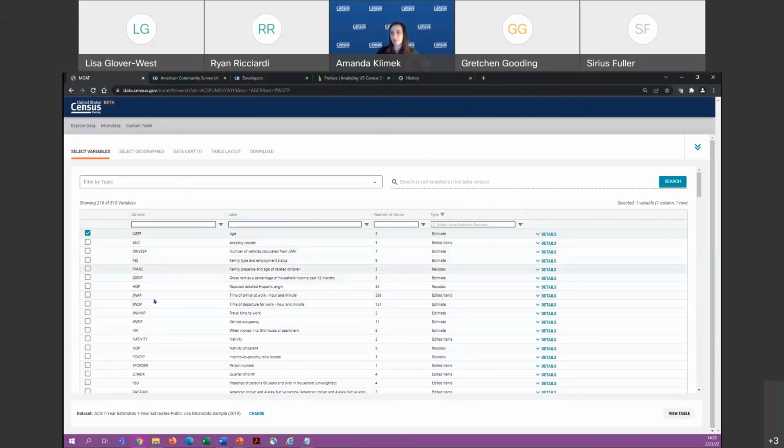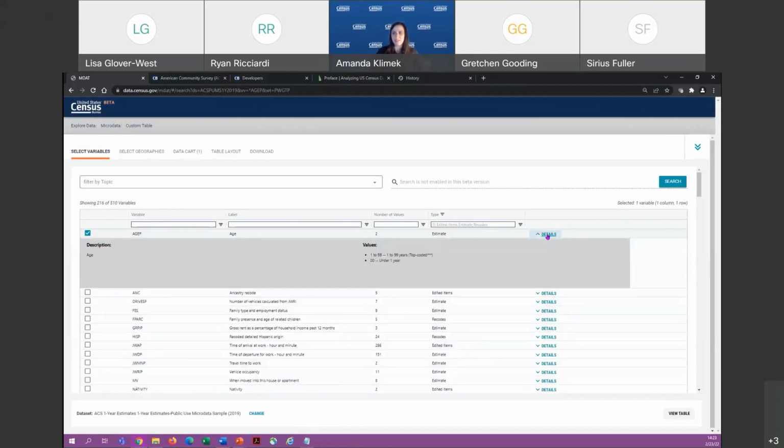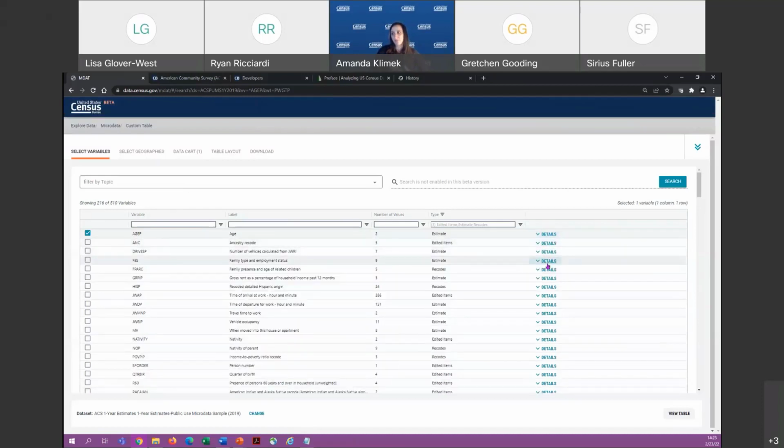As you can see, there are some variable names that are a little less straightforward, so we'll go into how to search for those in a second. If you go all the way to the right, you're going to see this details section, and here's where you can click to get a data dictionary. This is incredibly useful because you can quickly see the values that you're going to need and what was included in the variable. That will be important later when we look at some variables where we might not immediately know what's included. So we're going to add this in. It's checkmarked, so that means it's added.